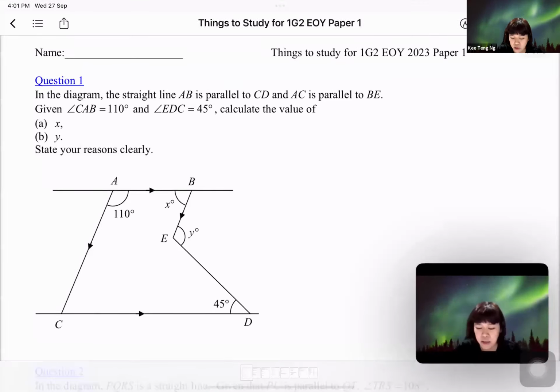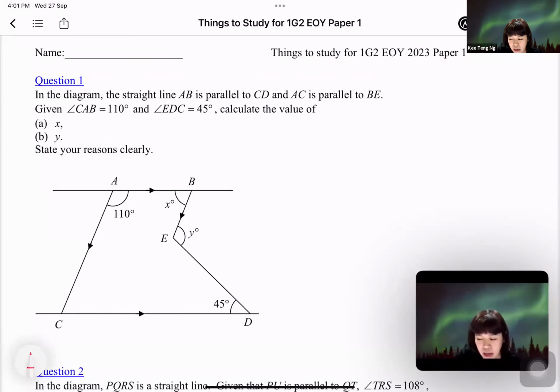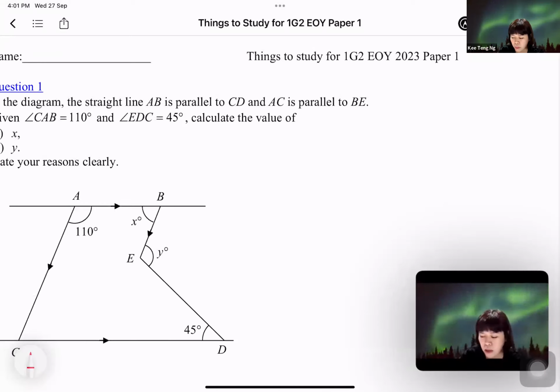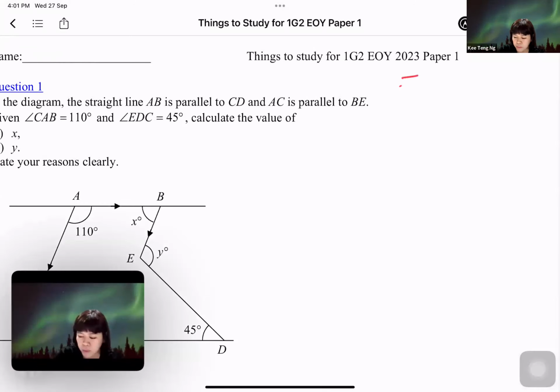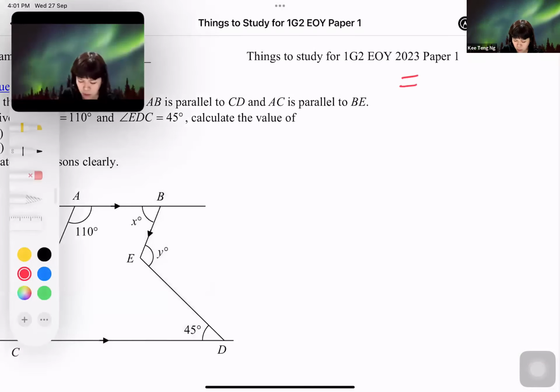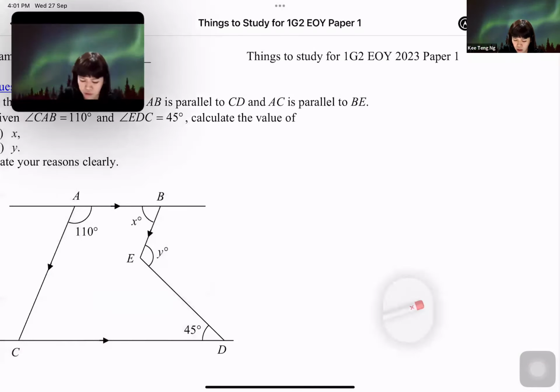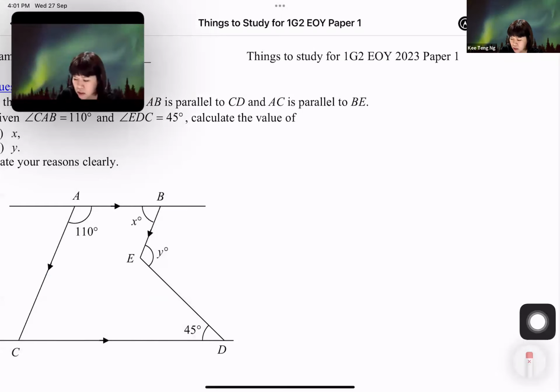Let's start with the key question first. The first one, angles. Like some of you were already talking about, what are the different angles? Let us recall, we have a few different angle properties, correct? So what are some of our angle properties that we can remember? Anyone remember or not? First one is a letter